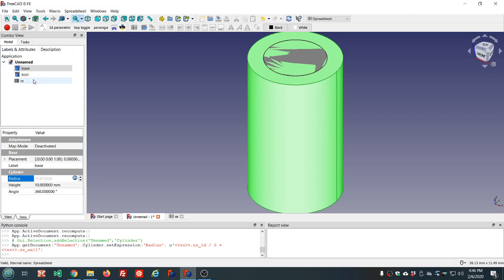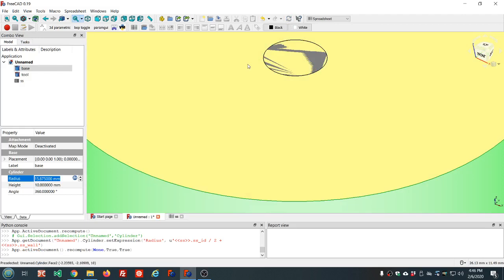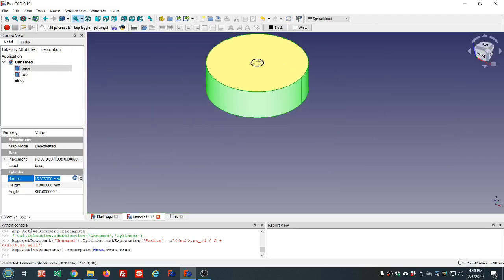This will happen automatically when we select a different property box or a different object, or we can manually press this icon or press F5, and now we have the outer radius set